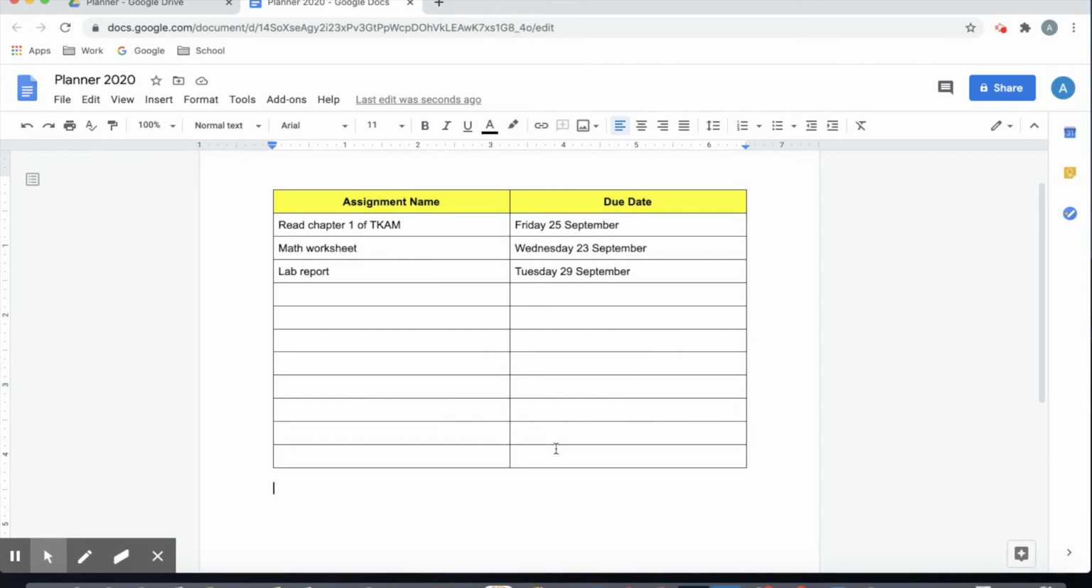In future videos, when we start adding more headings and a little bit more detail, I'll show you the benefit of having a horizontal planner. But for the purpose of this video and the purpose of this style of planner, I recommend having a vertical planner. So after you've created the planner with the two heading names and you've started writing in the assignments that you have,